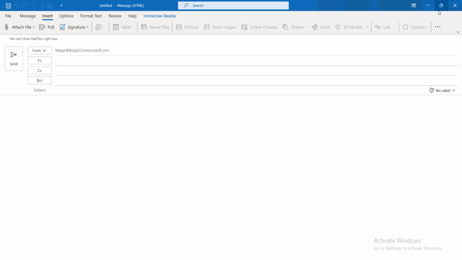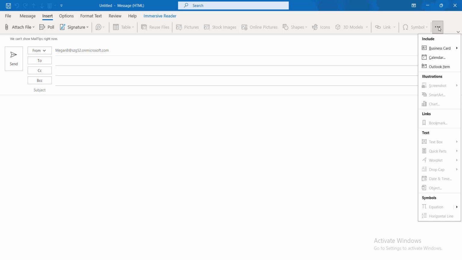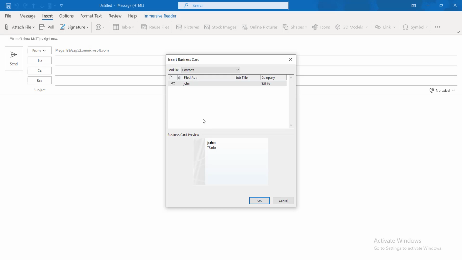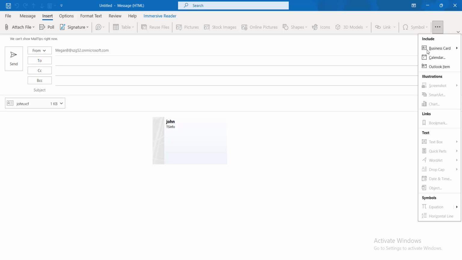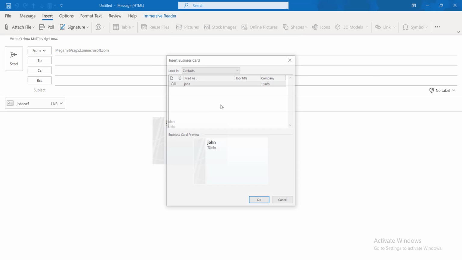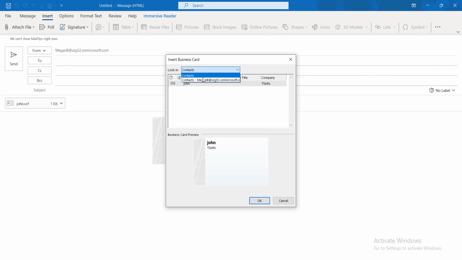If you want to add people from the contacts, just click on this option, again business card, other business cards, and click on OK. So this John will appear. If I want to choose from the contacts option, click on this business card again and click on other business cards, and here in contacts you can choose your contact mail ID. So already by default this is there. If I want to choose anything new,